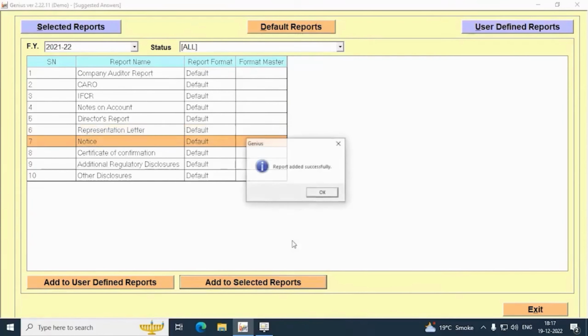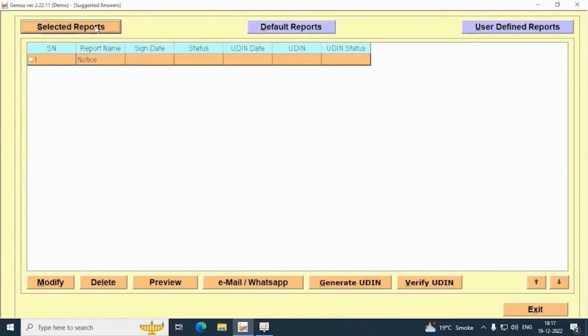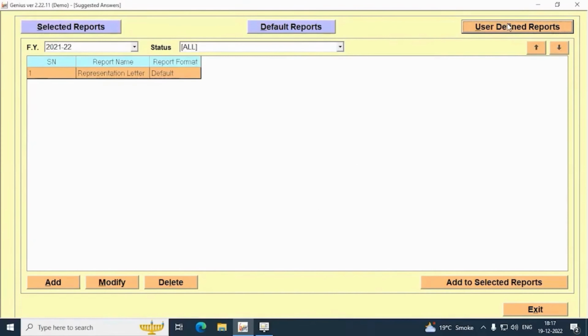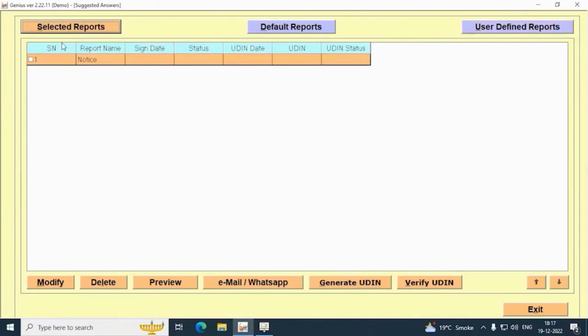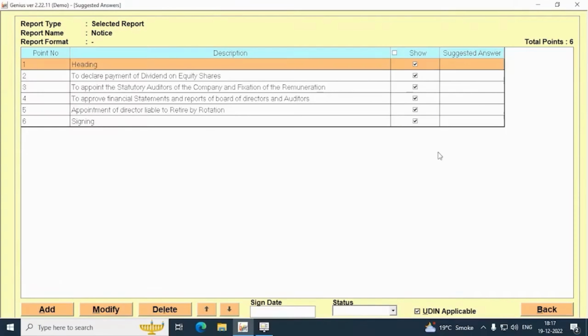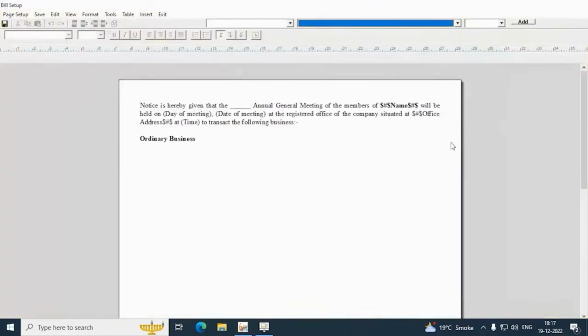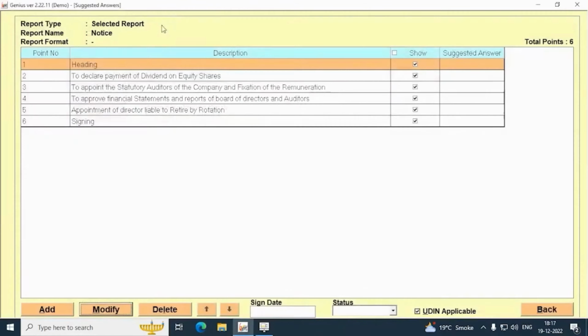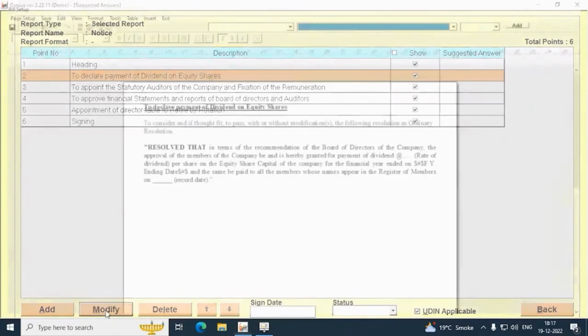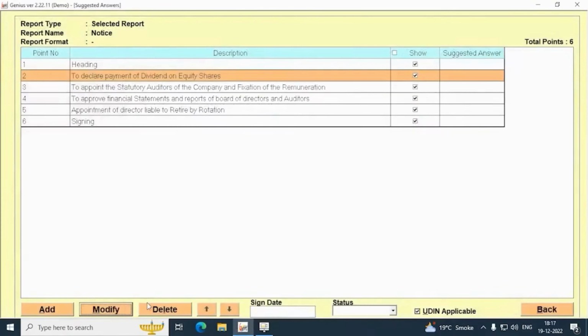You can also modify the report after adding it to the user-defined or selected reports by selecting the report and then clicking on the Modify button. After that, if you want to modify the report, then you can add your answer in the suggested answer and save the answer and take the printout of that.